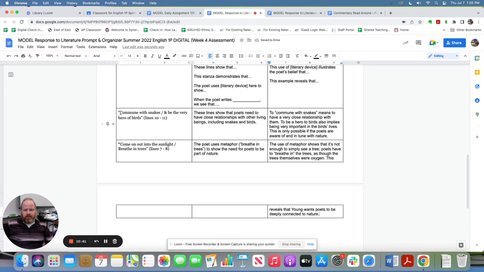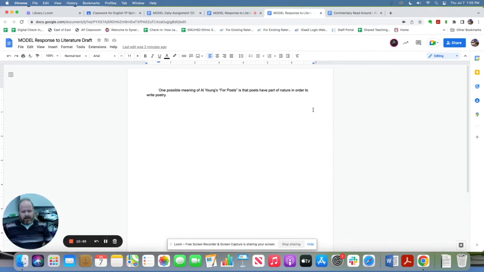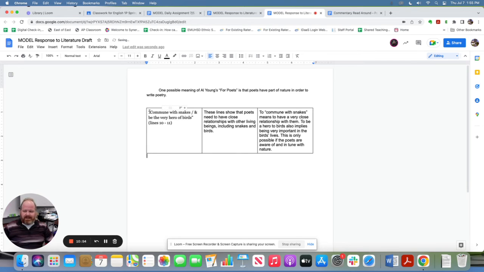Okay. So, what I'm going to do now, I'm going to grab this line. I'm going to copy, and I'm going to go ahead and put this line right here in my draft. Now, of course, I'm not going to leave it in the table. So what I'm going to do is I'm going to cut. And instead of just putting the quote, which is kind of weird, like, well, where did that come from?